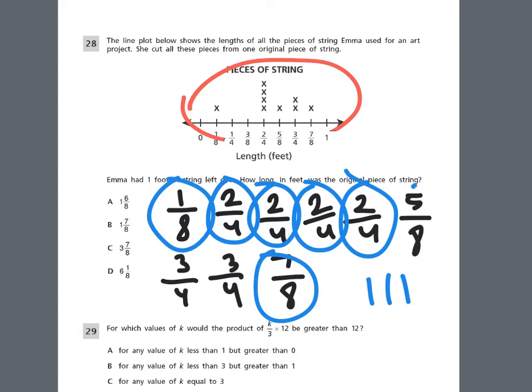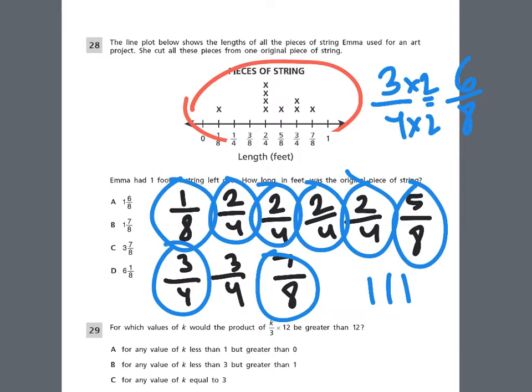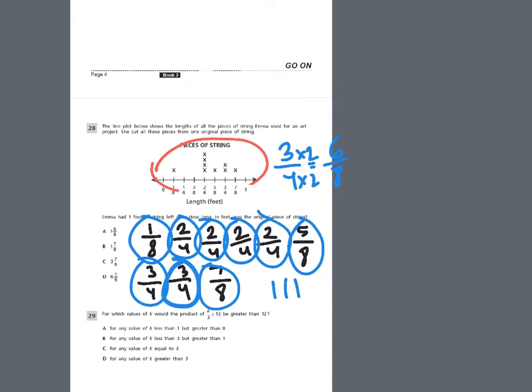Let's see here. We have 5/8 plus 3/4, and we have to make them the same. So 3/4 is really times 2 times 2, 6/8. That's 6/8 right there, and we have 2 of them, so that's another 6/8. And then we have the 5 from here. So we know that'll be 6 plus 6 is 12, and 12 plus 5 is 17/8, and that's